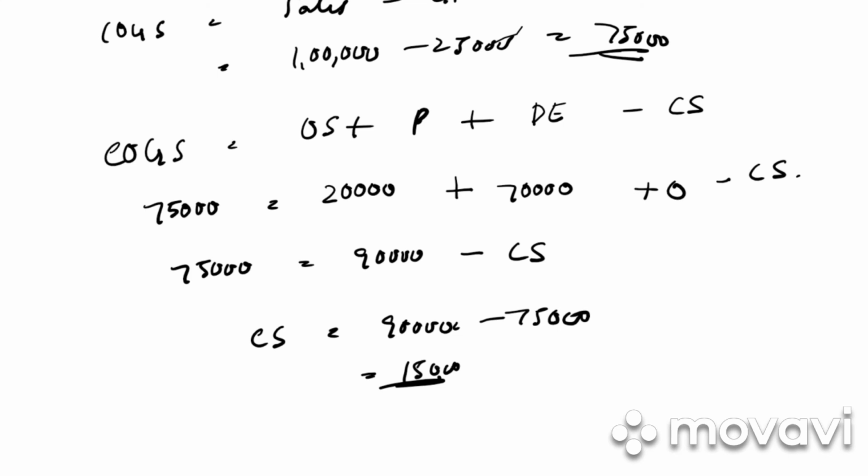So trading account used to only disclose the gross profit earned as a result of buying and selling of goods. But when we do a business, there are other expenses which are incurred by a businessman. So it is very important that a businessman knows all his net profit or the net losses. So how do we get that? We deduct all the indirect expenses from the income and get the net profit. And if our expense is more than the income, we get the net loss. Clear?